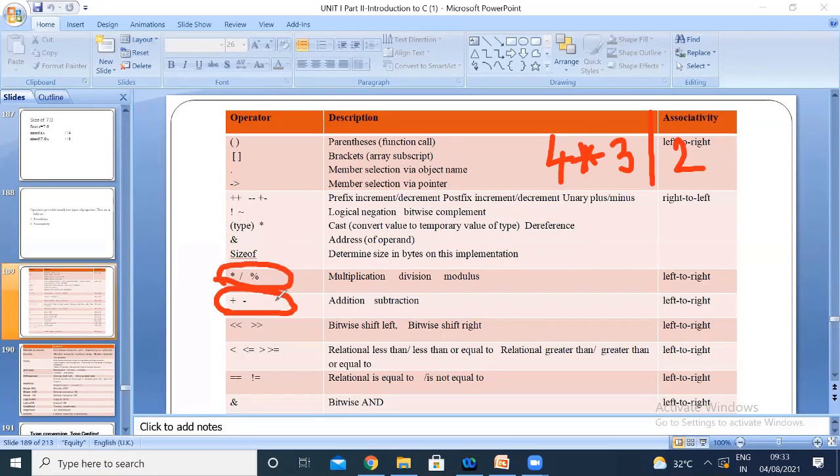When you get operators of the same priority, we have to execute from left to right. What is the operator which comes from the left? Multiplication is the one which came left, so first it is going to be executed. What is 4 into 3? 12 by 2. What is the division operator going to give? Quotient. So you will be getting 6.